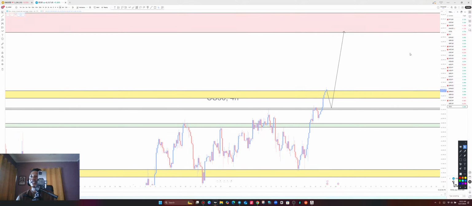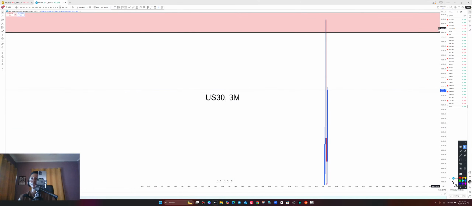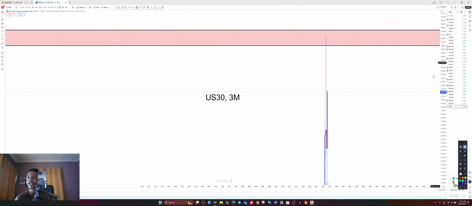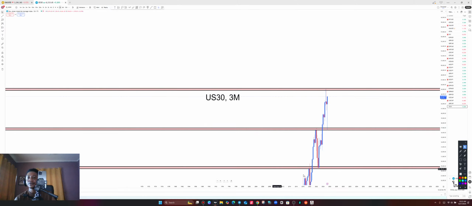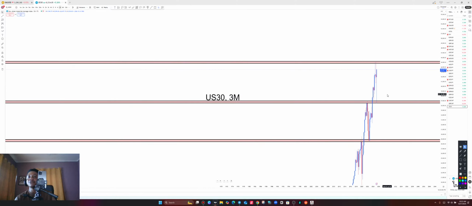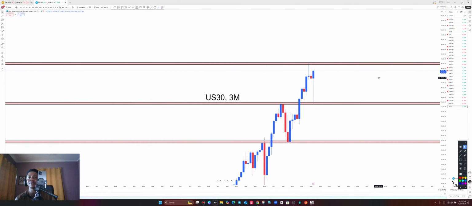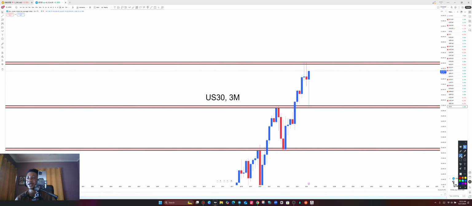All right, so US 30. Let's take it all the way to the 3 months time frame and then begin the analysis over there as well. All right, so this is the 3 months time frame of US 30. What is happening on US 30 on the 3 months time frame? Let's find out. On the 3 months, we have the upper zone, the middle zone, and then the lower zone over here. So price is moving in an uptrend on the 3 months: higher high, higher low, higher high again, another higher low. Price is moving all the way to the upside.